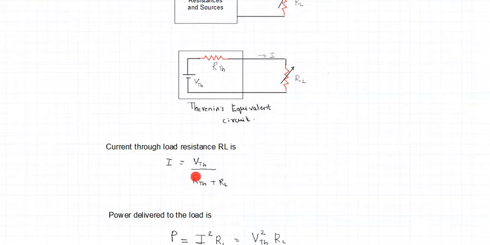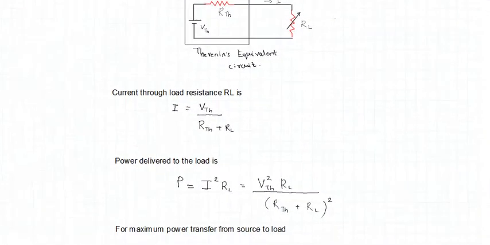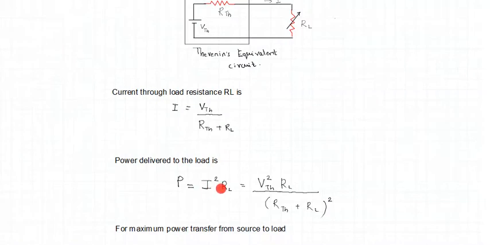The question is, what is the power of the network? The power is the product of, as we just discussed, I square into RL. I is the current that is provided to the load. Power is I square into RL. So substituting this I equation into the power equation, we get a relation which is this. So this is the power which is delivered by this network to the load resistance RL. The issue is to make this power maximum. How can maximum power be delivered to the load?